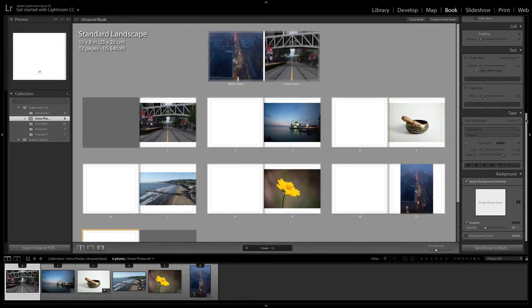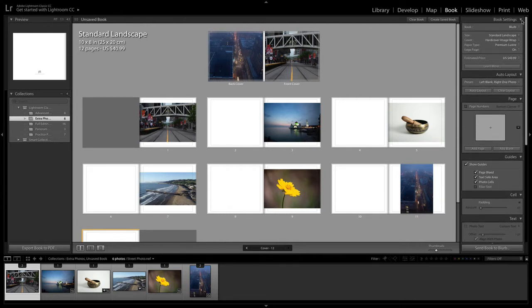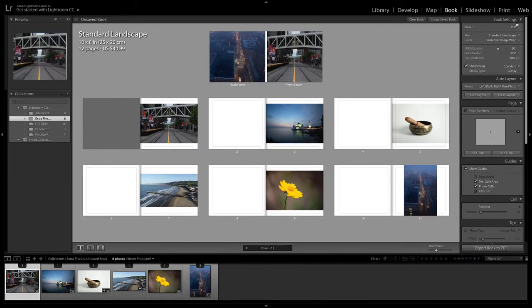Now, I'll quickly go over some of the options here. Again, this module is a little bit outside of the scope of the video editing aspect of this course, but I do want to show you the capabilities of Lightroom. So starting at the top, you do have this book type. So you could create a Blurb book, which is an actual print-on-demand service, so you can buy online after you've created within Lightroom, or you can create your own sort of PDF or JPEG book.